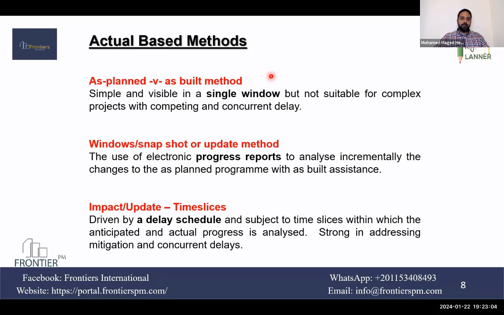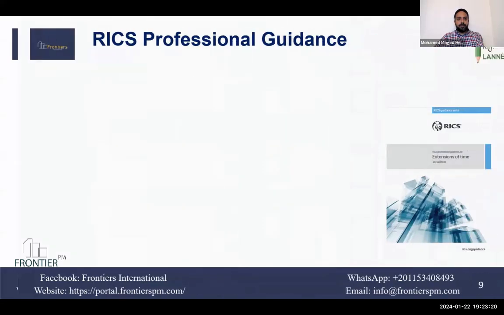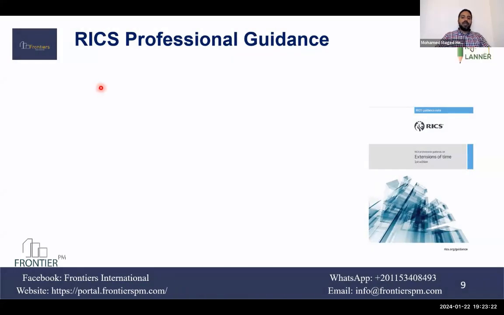The first one, we said prospective and retrospective, and that's it. The second approach went to categories, general category, and then the methods inside it. The third classification is the theoretical and the actual based. The fourth classification we'll find now in RICS. RICS classified it in a different manner.